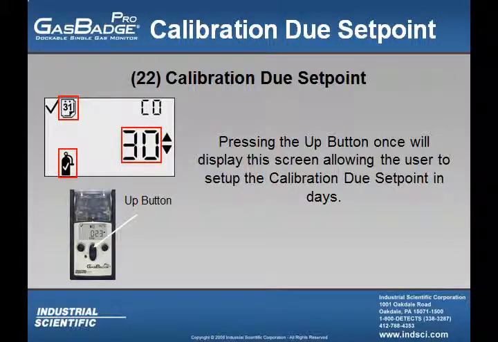Pressing the up button once will display this screen, showing the days calendar as well as the calibration gas bottle icon. This screen allows the user to set up the Calibration Due Setpoint, which is in days. This Calibration Due Setpoint just lets the user put in a value of how many days they want to go in between calibrations. Once this value is set, if the user goes beyond the amount of days set up here and doesn't calibrate the